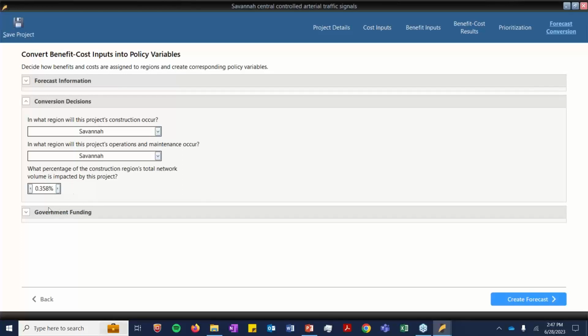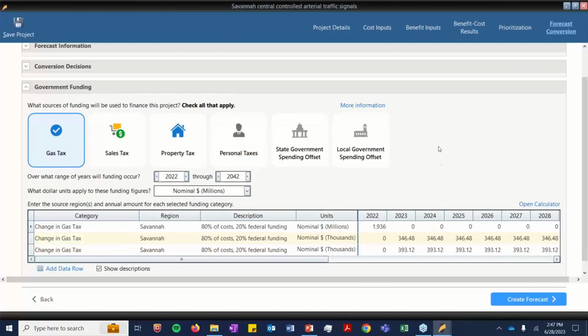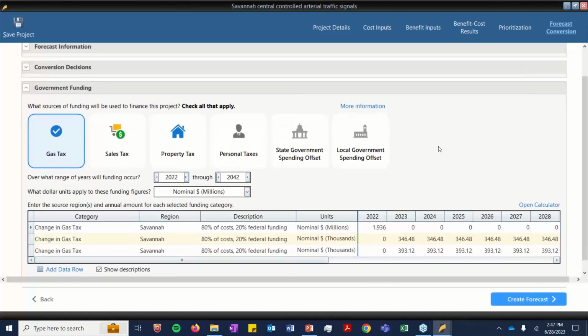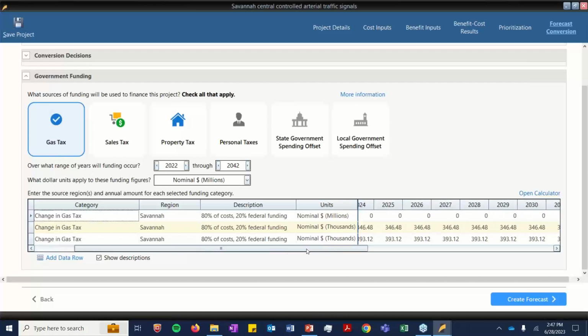Obviously, that calculation is being done outside of the model, but we're happy to help you figure out what that is. And then also the government funding. Now, this is a big part of the benefit cost analysis mindset, is that somebody has to spend the money for this project, whether it's a private entity on a factory, what have you, whether it's a public entity on an infrastructure project. Somebody has to pay for it through tax dollars, through revenues, what have you. So we can put this data here.